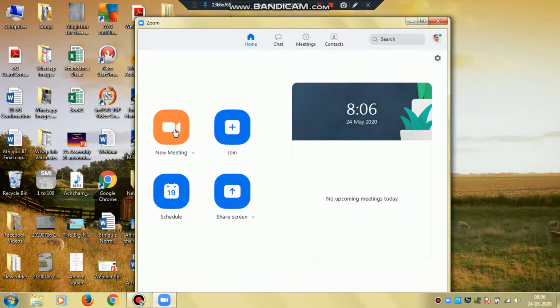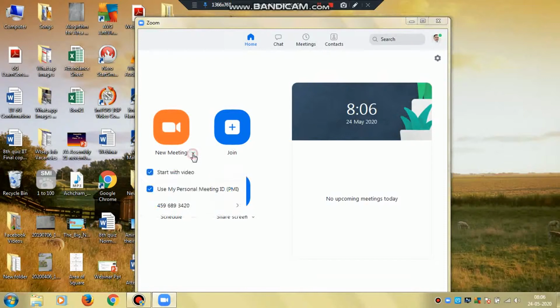If you click on new meeting, a new meeting ID will be generated and a new meeting ID password also will be generated. If you don't want to generate a new meeting ID and password, you can click on this icon where there is a small drop down button. Click on that. You can see here start with video and use my personal meeting ID.